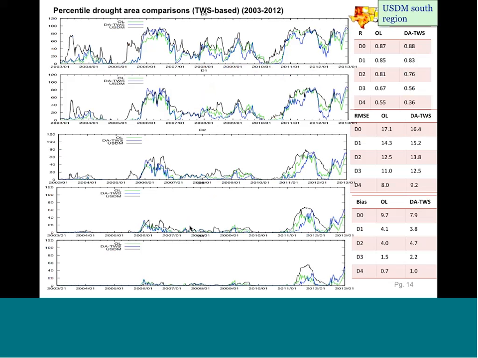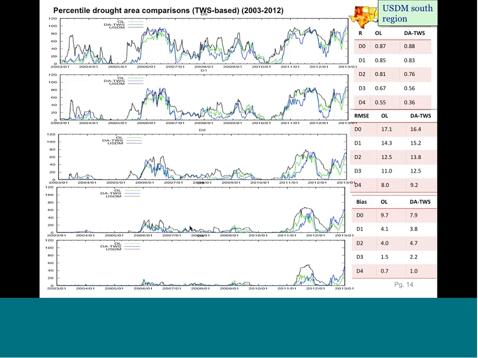So before, I think the sensitivity was pretty low to some of the soil moisture and snow assimilation, whereas with terrestrial water storage, it's a big sensitivity. The bad news is in some cases there's degradations, especially at the higher drought categories, and so we have to figure out what that means.